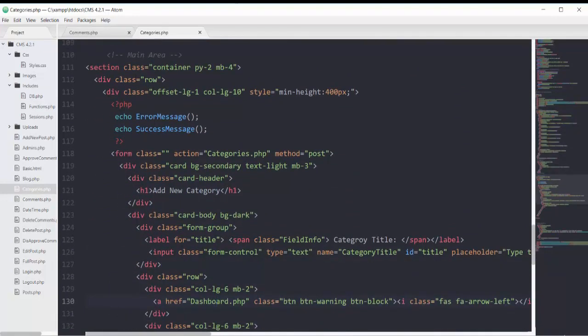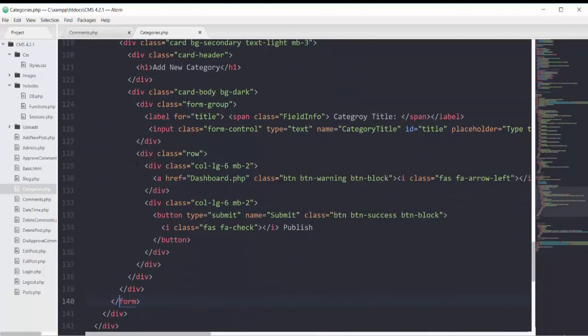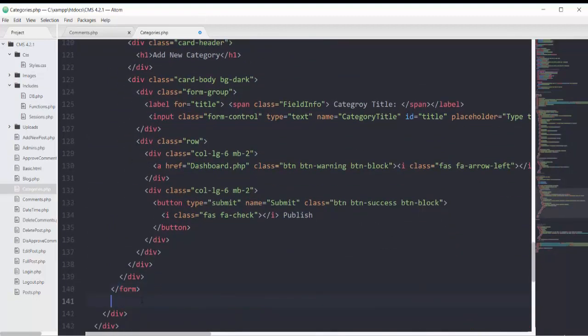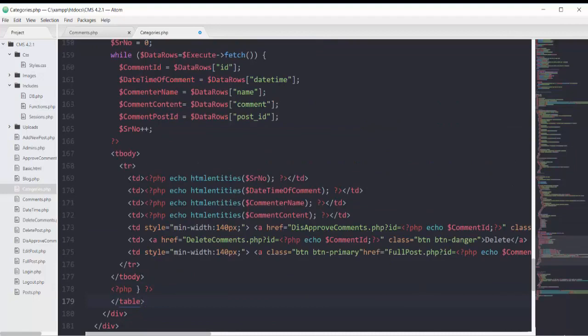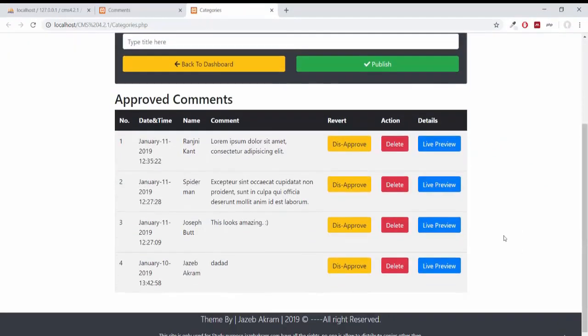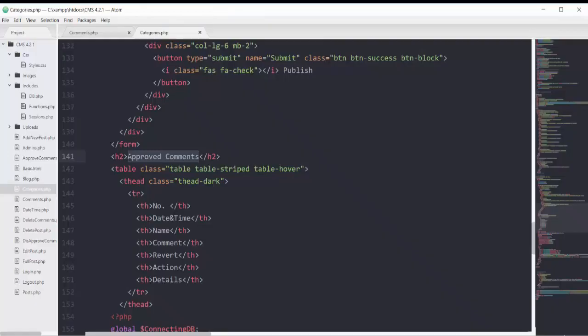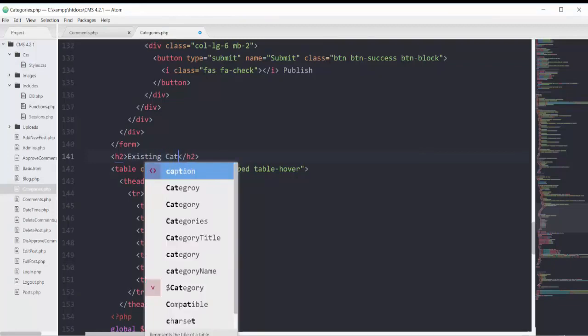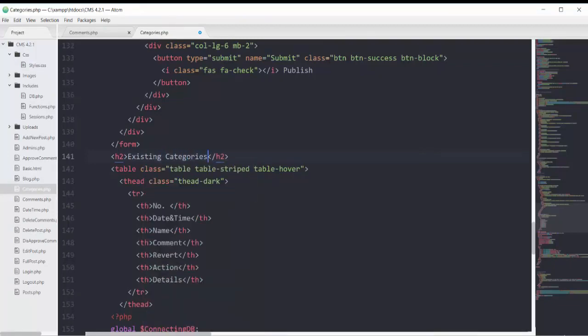So right inside this div of col-lg-10, you can see I have this form. So right after this form, if I put that code here of the table, saving this one, if I refresh this page, see, it looks perfect. So now changing all of this table to categories. So starting with h2, so it will be existing categories,